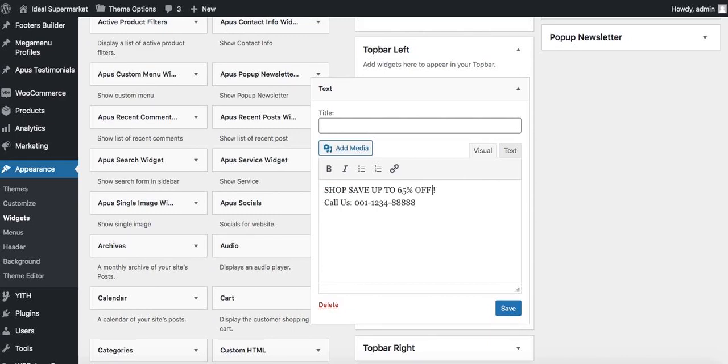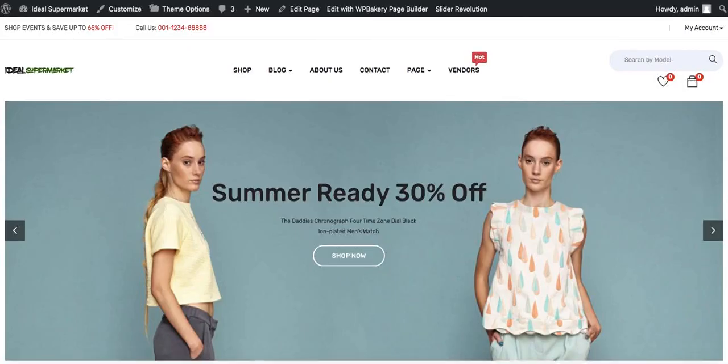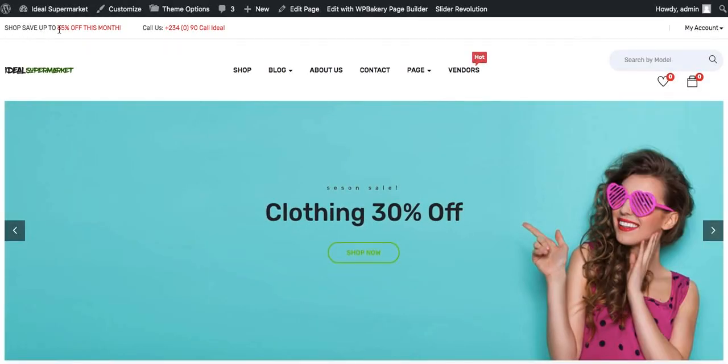Okay, colors on, let's make that more Nigerian, plus 234090 call, all right, small letter, call ideal. Okay, so let's leave it at that and hit save. So basically we're working on the widgets right now, and the top bar right widgets. Let's save this and see. Shop and save up to 65% off this month. Okay, so all of those are there, and for the top bar right widget there is nothing there, so